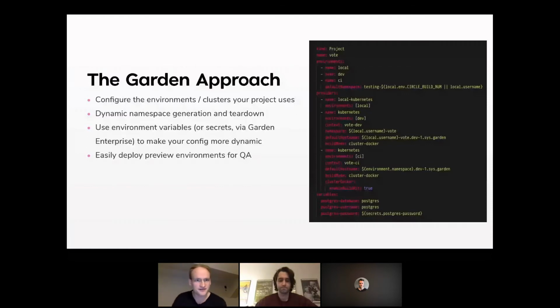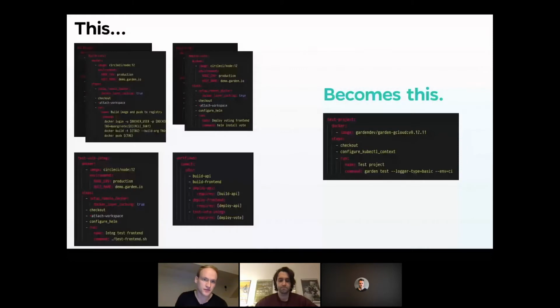So here on the left-hand side, we have a contrived Circle CI configuration example of how to deploy, build, and test a particular project. You have to build the API service, build the vote service, deploy, and then test. And you see here, there's a lot of valuable information that's encoded in here. Like this has to happen before that. Deploys depend on builds, tests depend on deploys. And because it's siloed in the CI configuration and not being used by a tool that's available to you in both phases,